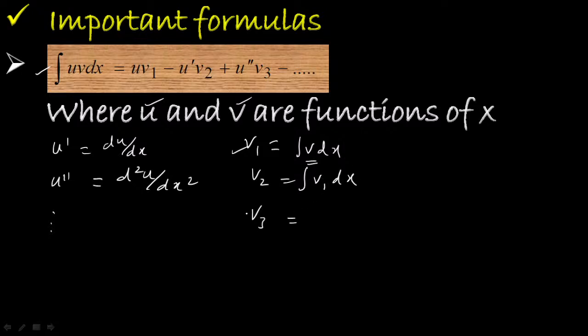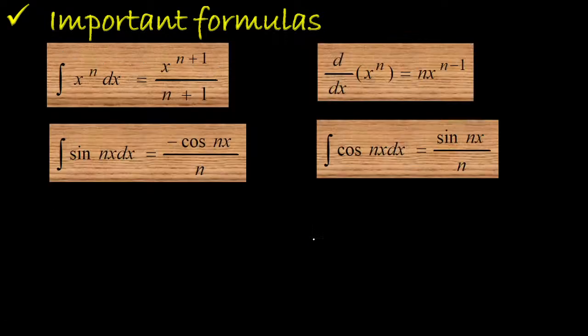Next, v3 is where you integrate v thrice with respect to x. Already we have integrated v two times with respect to x, so here you integrate v2 once again with respect to x, that is v3, etc. So u dash, u double dash, u triple dash are successive derivatives of u, whereas v1, v2, v3 are successive integrals of v. And the basic formulas of integration and differentiation, as you know already,